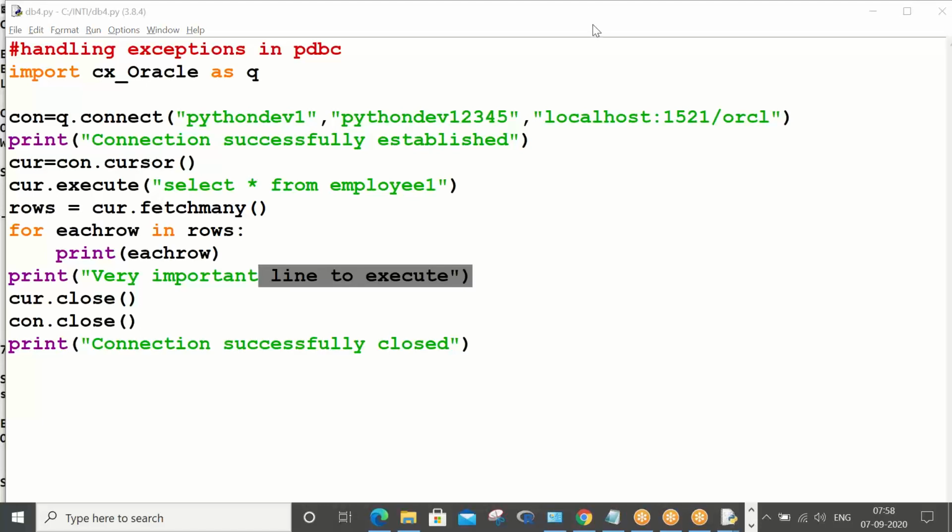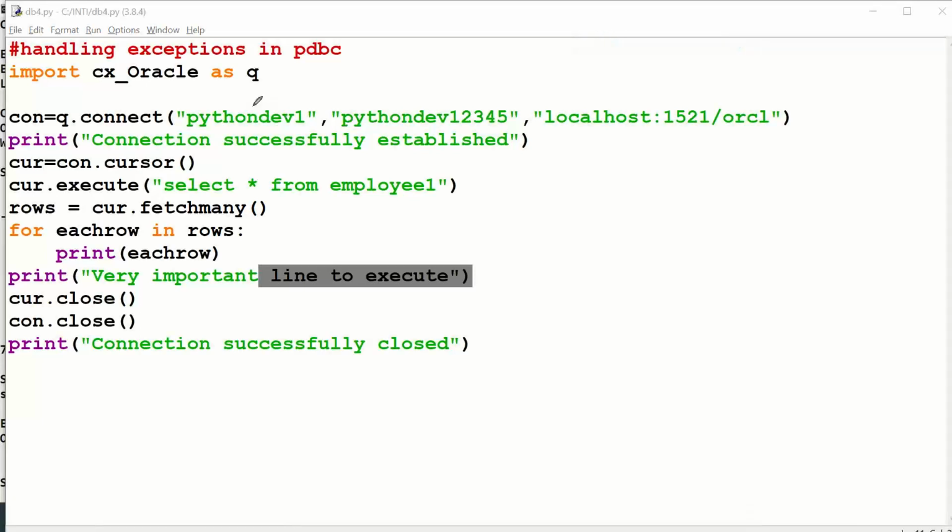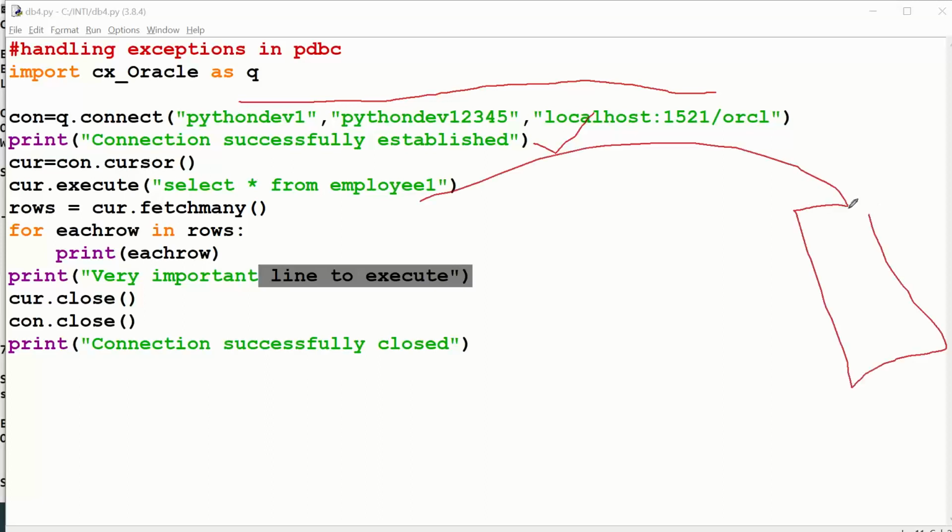So what had happened, tell me here? The interpreter came and established a connection by taking these details. That's the reason you are seeing this line in the output. It created these objects and tried executing this execute method. Whenever the interpreter saw employee 1, it went to the database and searched for employee 1.